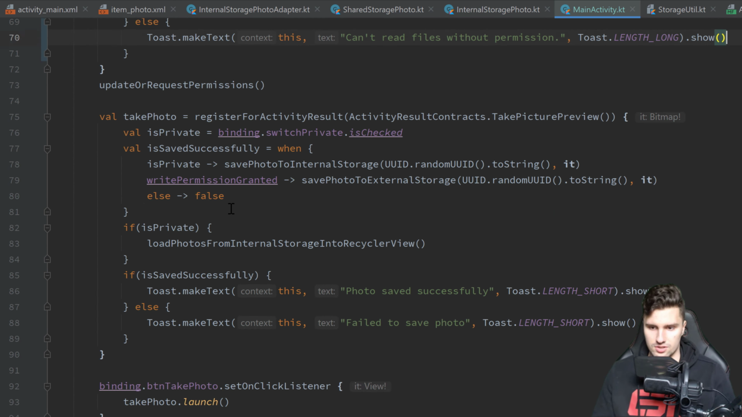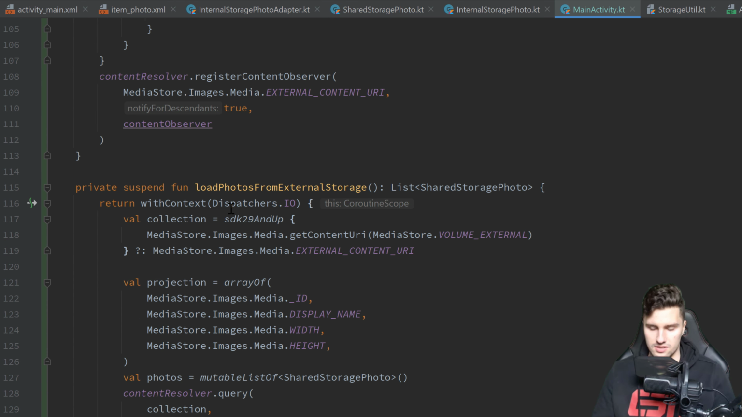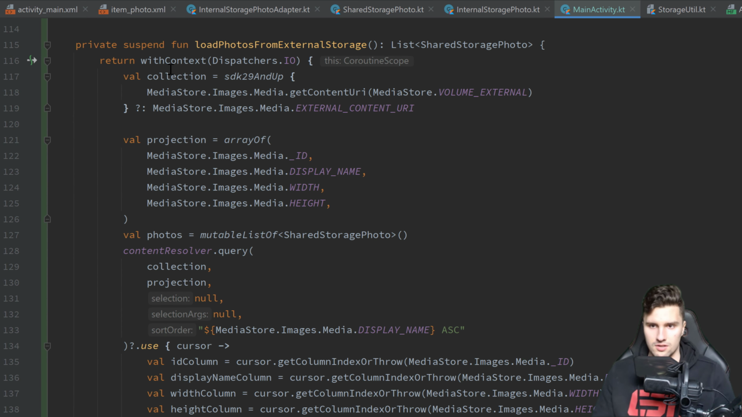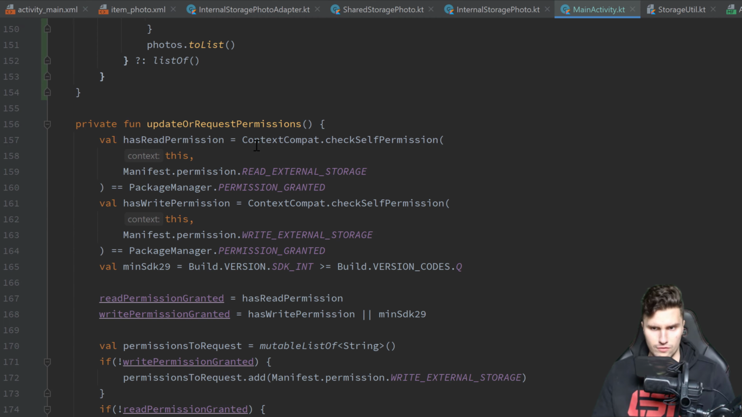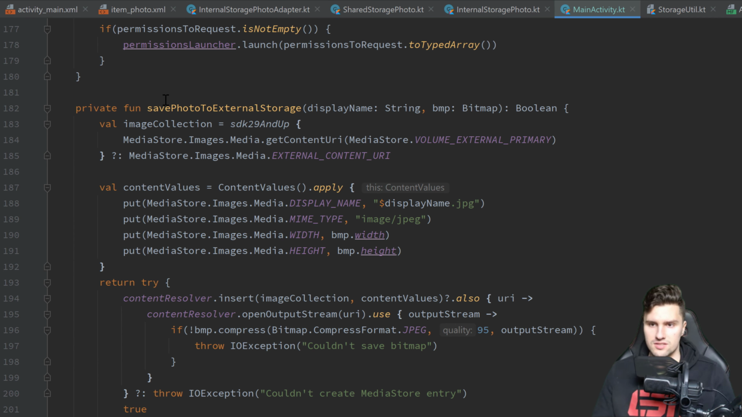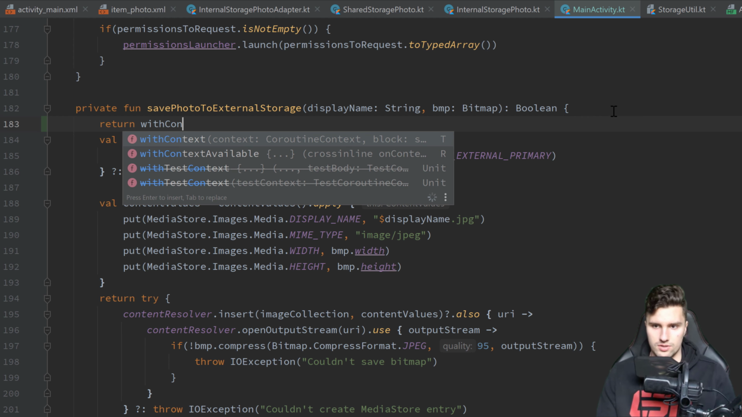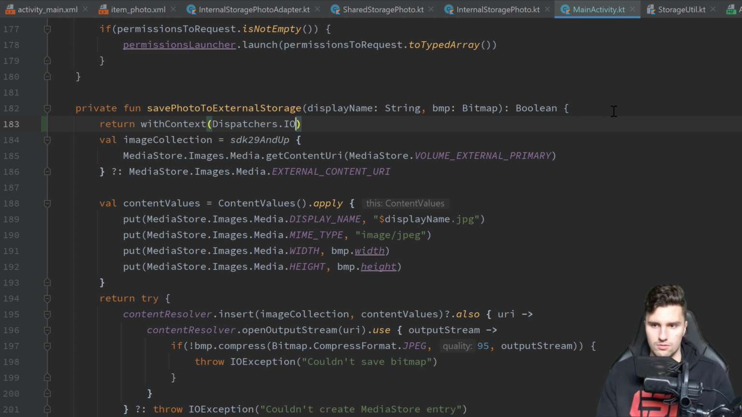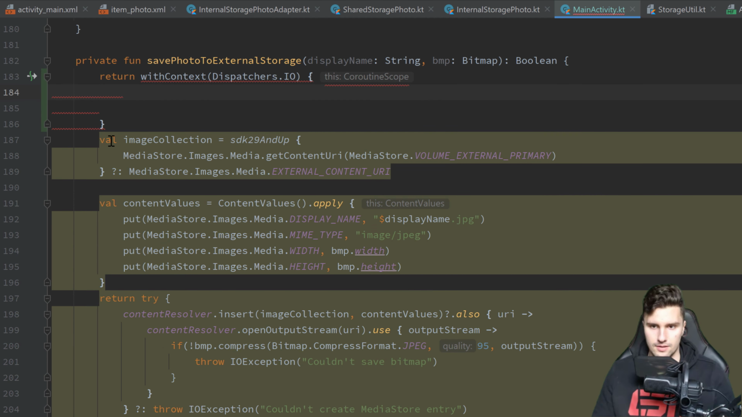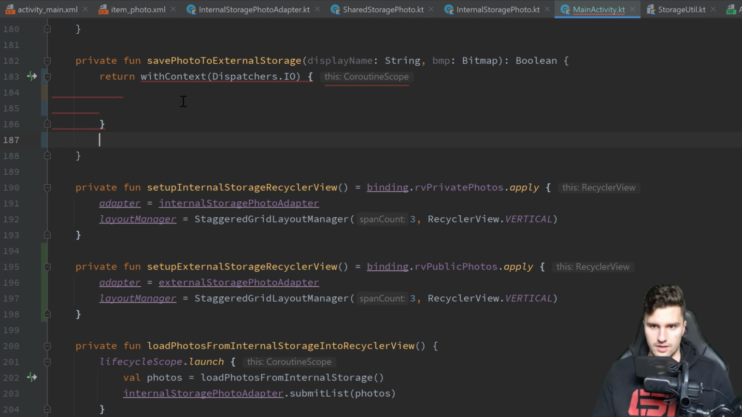Let's next change these things I talked about, that we use suspend functions for all of our functions basically. Save photo to external storage. Let's return with context Dispatchers.IO and just put that in here